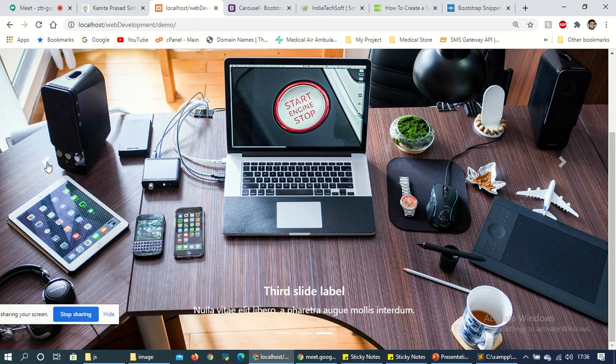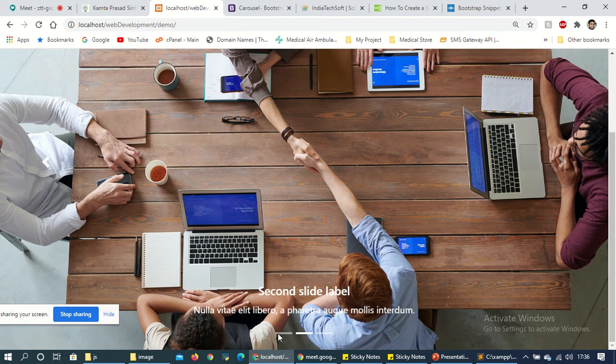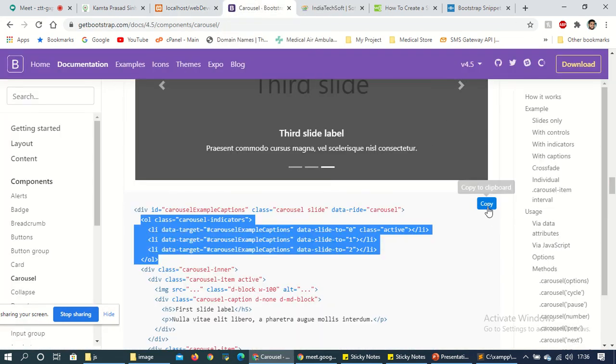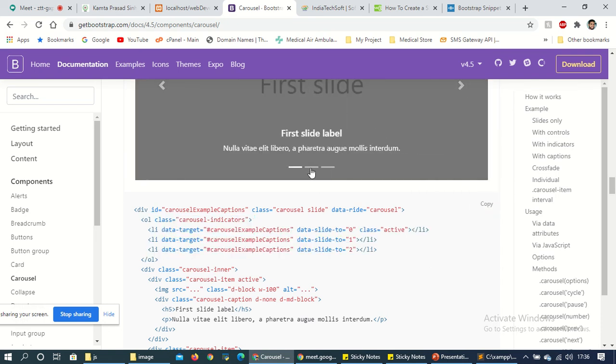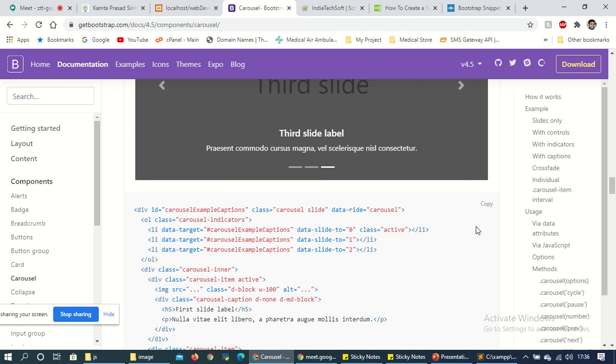Getting one by one. If I wanted, I could directly copy this code from here. I can copy the whole code and just paste. But no, I am showing you all the things one by one. Okay. So now